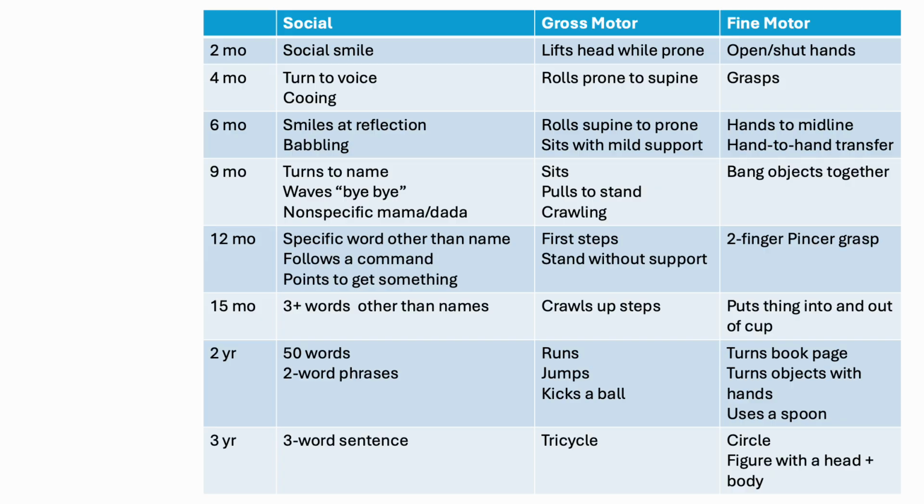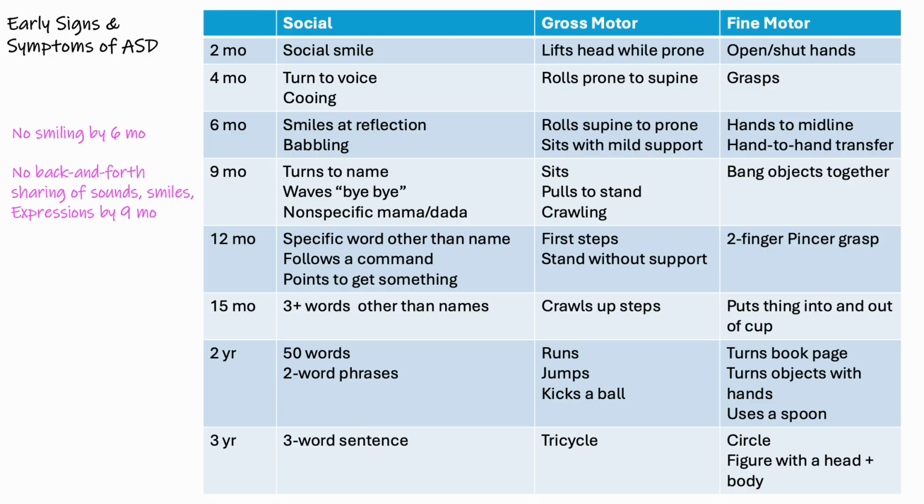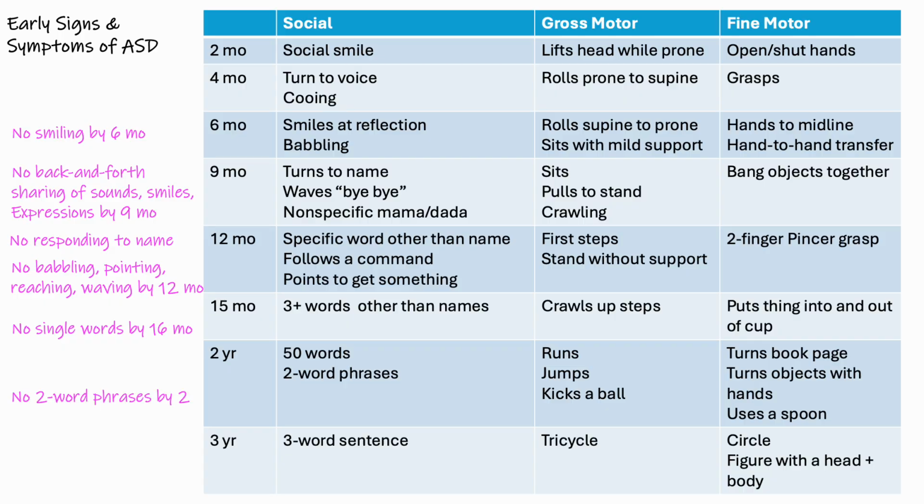The American Academy of Child and Adolescent Psychiatry recommends evaluation for autism spectrum disorder if any early social communication concerns are present, including not smiling by 6 months, not responding when their name is called, no back and forth sharing of sounds, smiles, and facial expressions by 9 months, not babbling, pointing, reaching, or waving by 12 months, no single words by 16 months, no spontaneous 2-word phrases by 2 years, and spontaneous here means putting 2 words together to